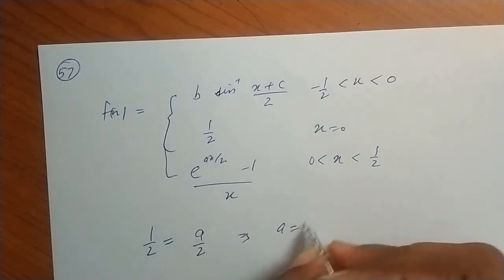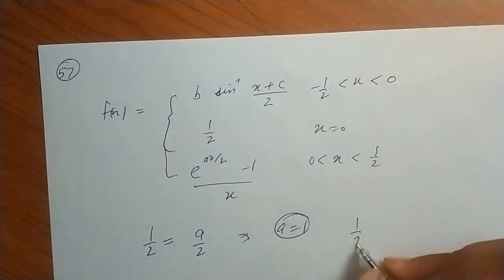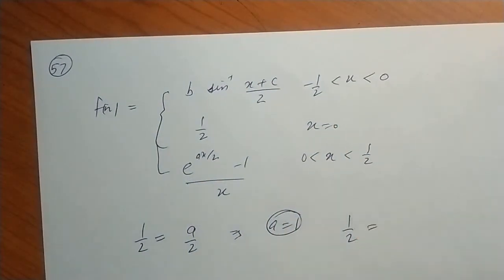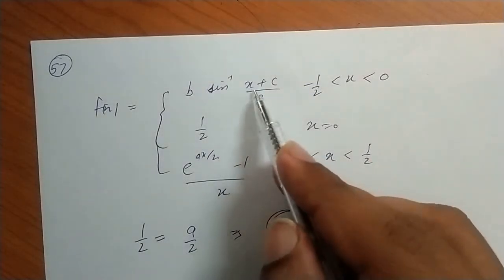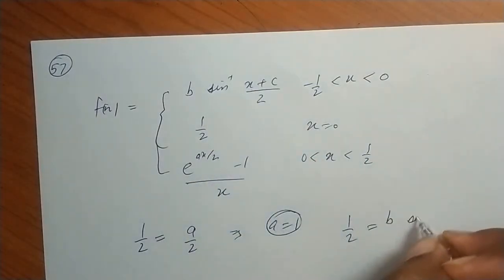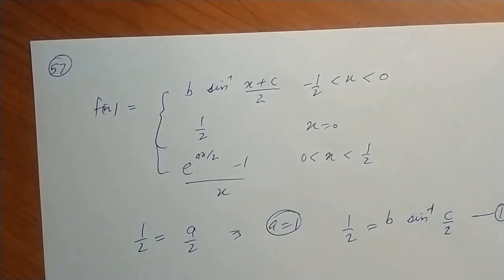This implies a is equal to 1. Okay, for LHL, half is equal to, at x is equal to 0, this tends to b sin inverse c by 2. So we have the first equation. For differentiability,